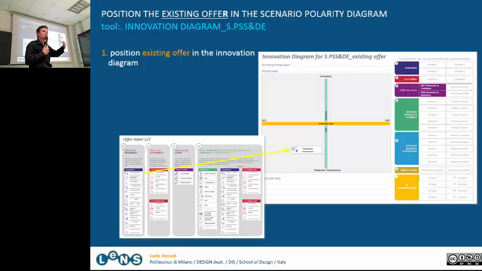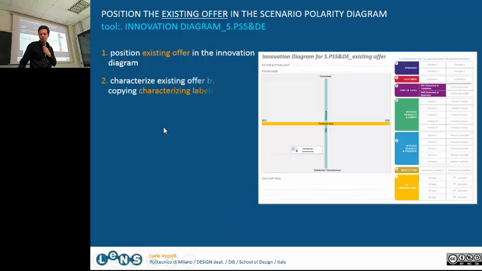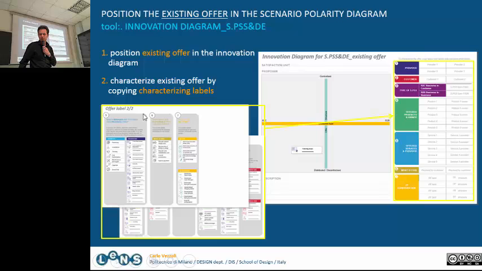It could be linked to a centralized system of producing energy or whatever. But then we position it, and we understand where the company is. Then the second thing we do is to